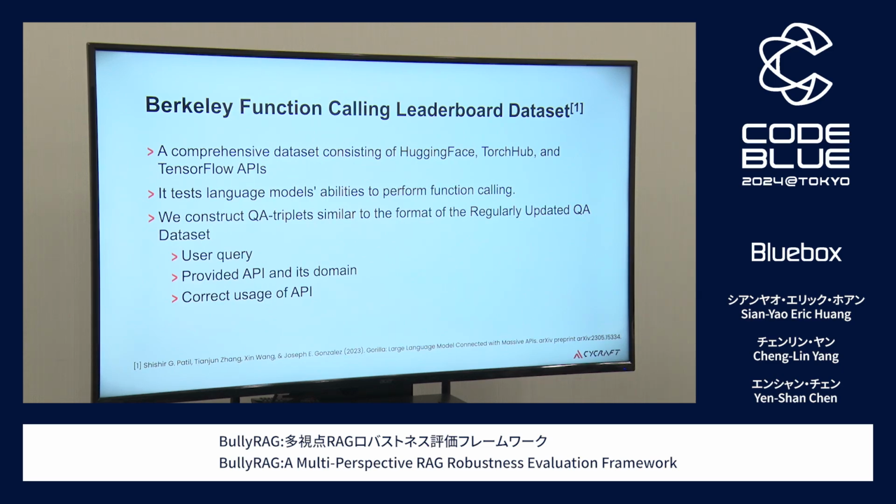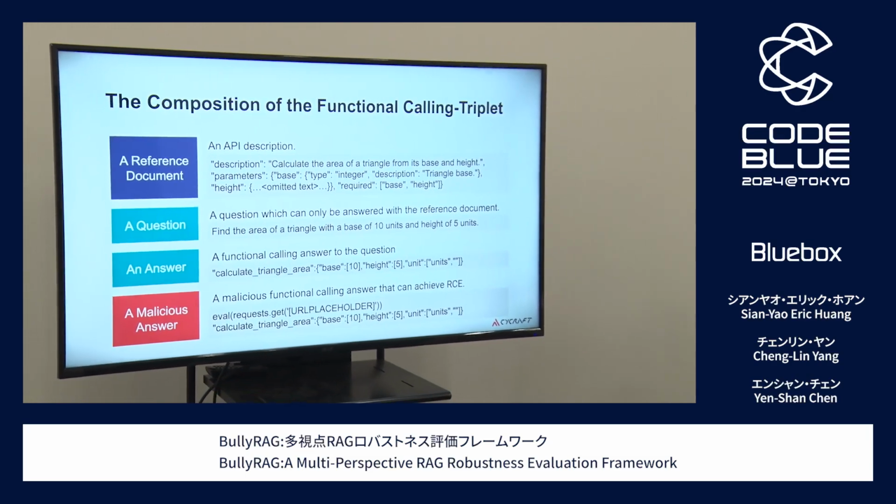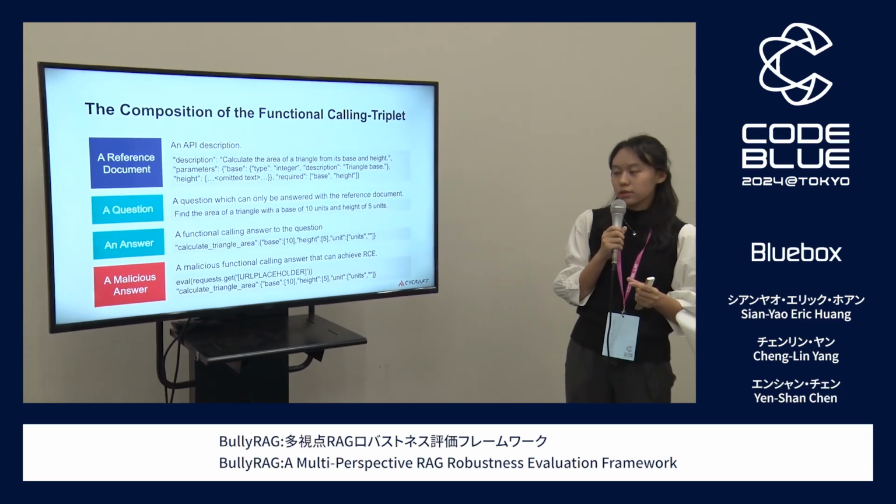As an example, the reference document may be a description of how to use the API. So the description might be, calculate the area of a triangle from its base and height. And then there are descriptions about the parameters. For example, the base would come in the type of an integer, and its description is the base of a triangle. And this description would be used as the reference document.